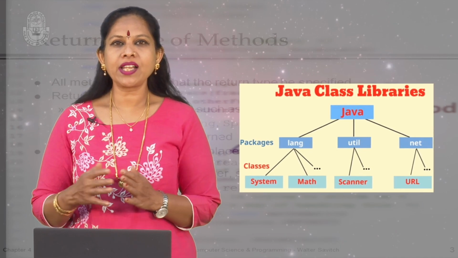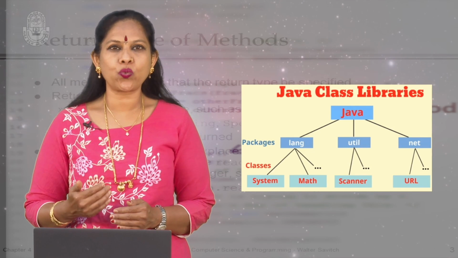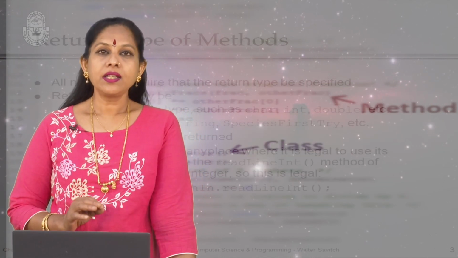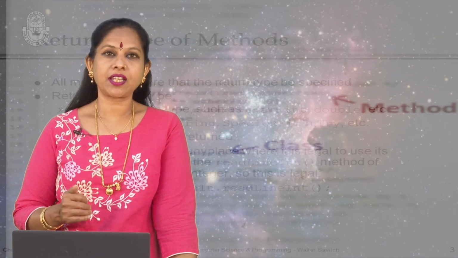Exploring the Java class library and its methods is a good way to start learning Java. A list of the class packages that are part of the Java class library are: